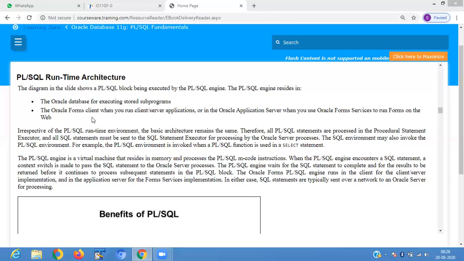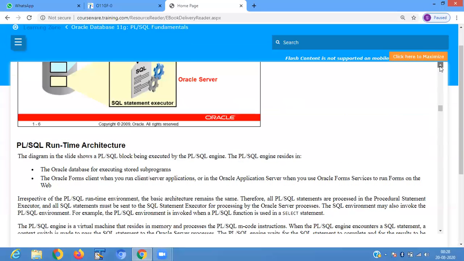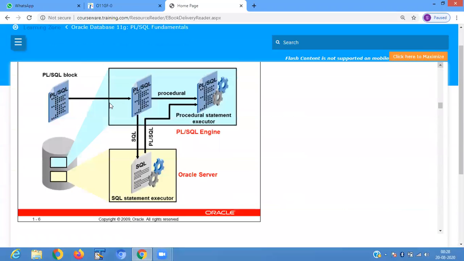Therefore, all PLSQL statements are processed in the procedural statement executor. So if you see here, all your procedural statements are executed there.